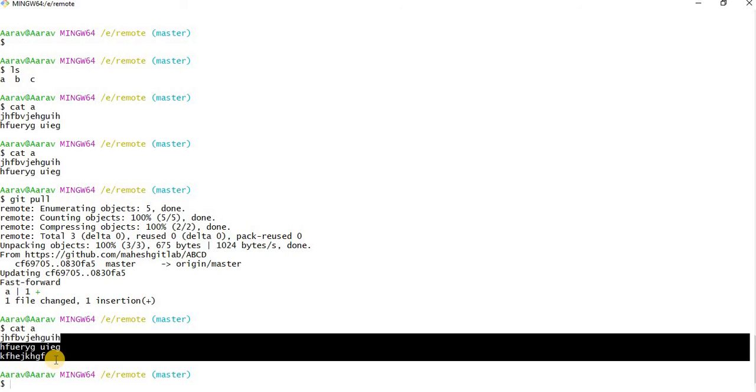So you can get into that remote branch and compare the data you have on local with whatever you fetched from the remote repository. If you feel that what we fetched from remote is proper, you can merge it. If you feel it is not proper, you can just continue with your own code.